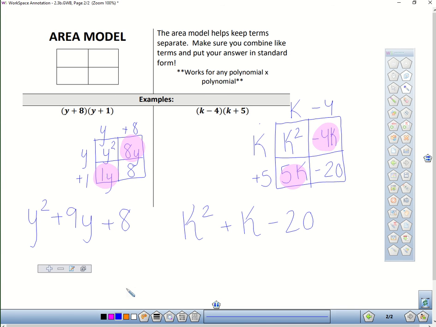Can you put like 1k after the... Sure, if you want to put 1k, that's fine. But I will warn you, on a multiple choice test, if it's just 1k, I wouldn't write 1k on there, you know what I mean? I would just write k. Okay, so from here you guys